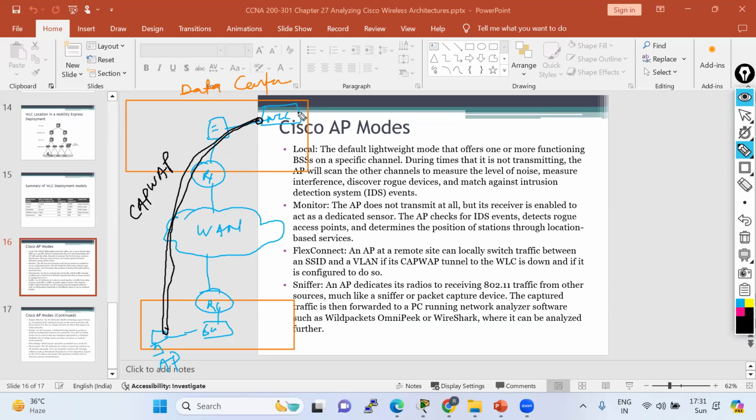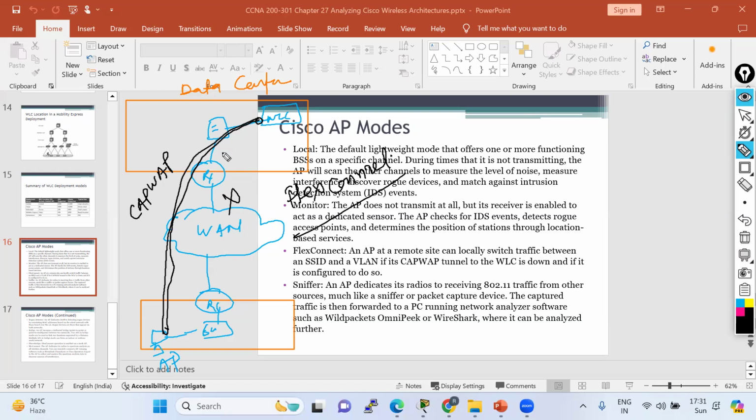So everything is going to process via the WLC. But if my WAN is going to be down, I can lose all client connectivity because I am not going to get any instruction. But if I deploy this as FlexConnect mode, then what is going to happen? In FlexConnect mode, what is going to happen? Still you are going to get the